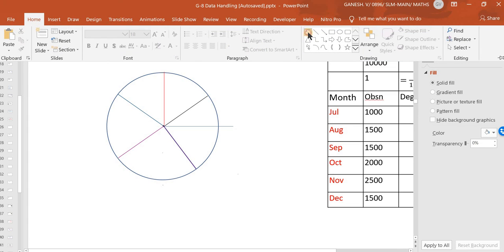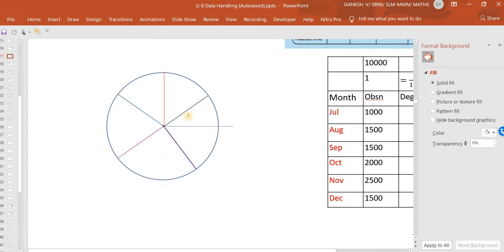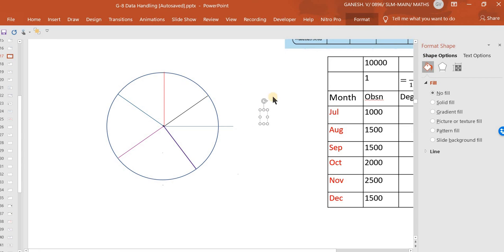So I will just label them. This one, this is for the month of, yeah. I'll have to make it a little smaller in size. Okay, I will first type it, July. Okay, it is smaller only. This July, I'll have to make copies of it.